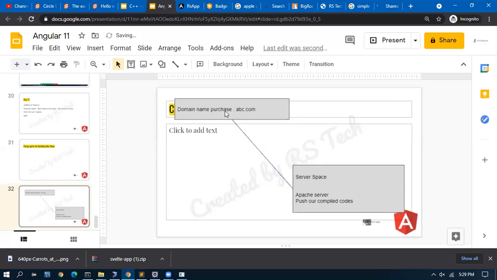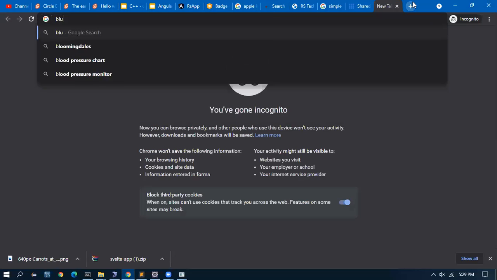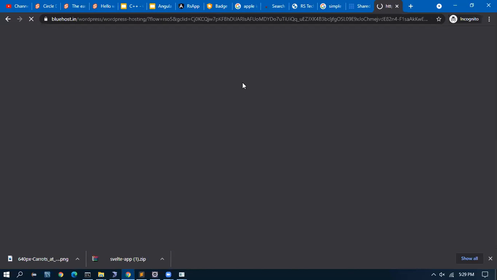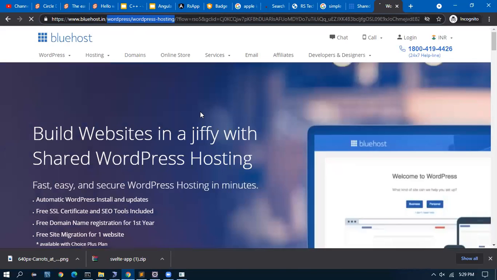The domain provider will ask us, what is your IP address? In my case, ENSTNR is my domain provider, and I have a server with, I think, Bluehost. When I registered, they gave me a space, but it is with WordPress. They are WordPress specialized, so they gave the server along with the WordPress install.